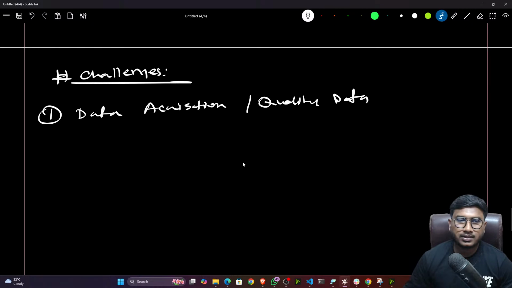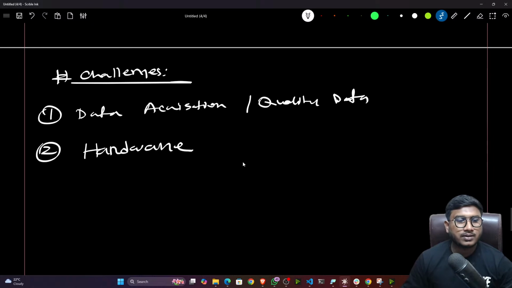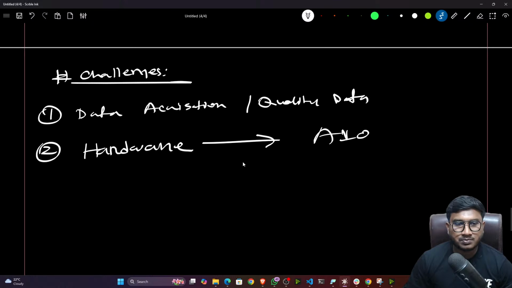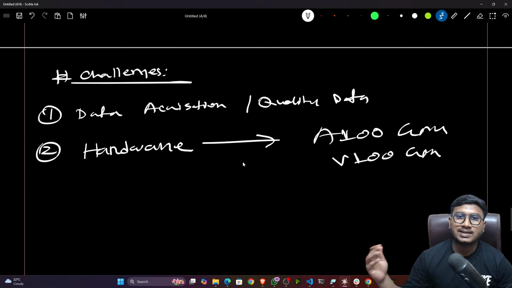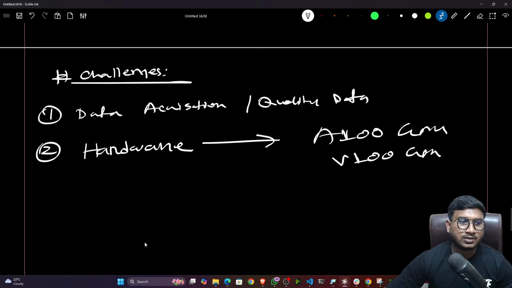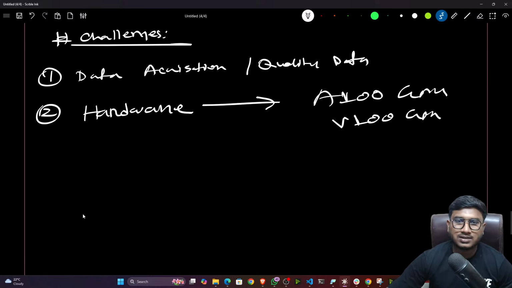Then the second challenge will be getting the hardware. Whenever you will be training this kind of model, or let's say fine tuning, you need good hardware. Let's say an A100 GPU, or a V100 GPU. There are different configuration GPUs available. You can also use multi-stack GPUs, and with the help of that you can train the model. But if you don't have this kind of GPU, training a model would be a little bit difficult for you,